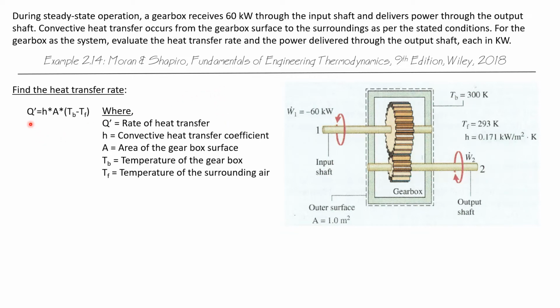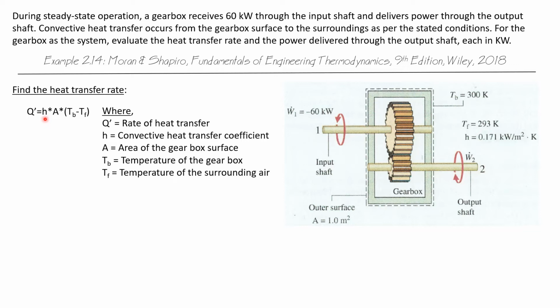Now instead of having Q, we're going to have Q dot, and I can't actually type a Q with a dot over it, so I've shown it here as a Q prime, but we're going to call that Q dot. And whenever we have a dot over our Q or W, instead of just representing an amount of energy, it will be a rate of energy transfer. So Q dot will be energy per unit time, and W dot will be the same, energy per unit time. So the rate at which heat transfer is